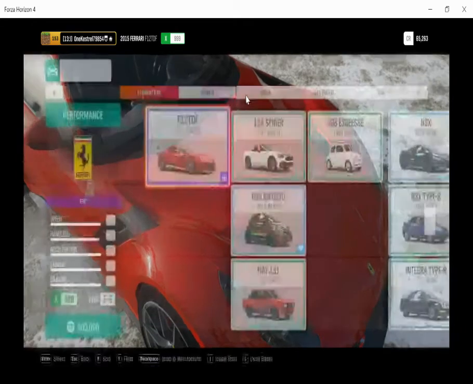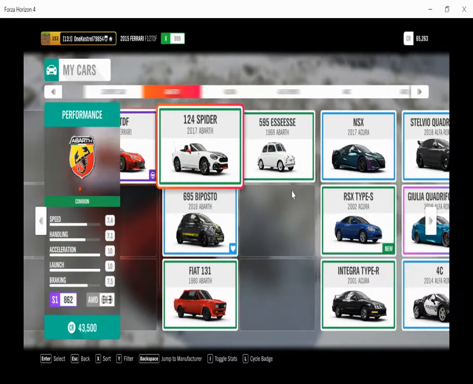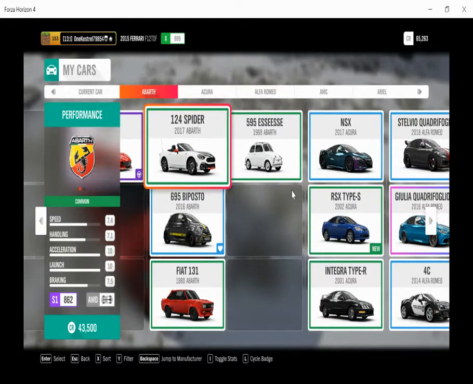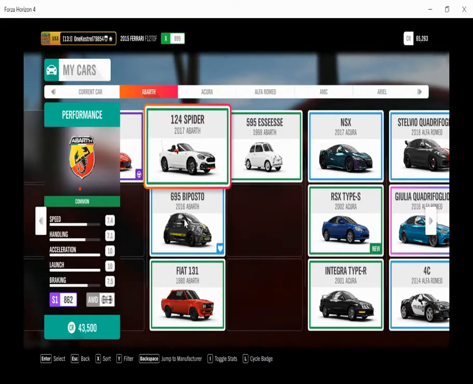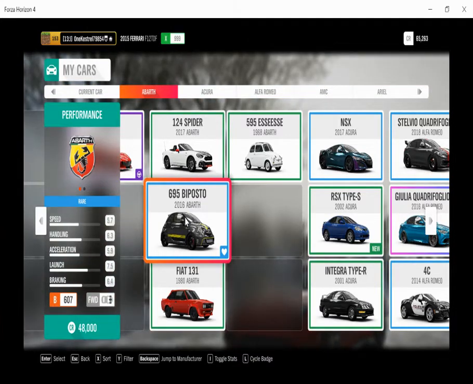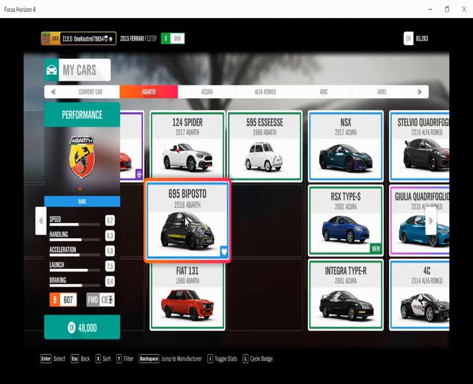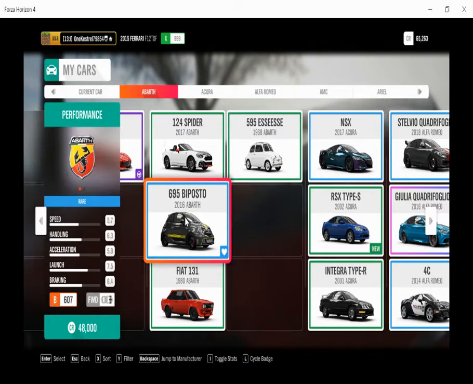Okay, let's start off with my car collection. First, I have this tuned Fiat 124 Spider. It's pretty good. It's S1 class, really good acceleration, good handling, and good top speed. And then we have this 695 Abarth Biposto. That sounds like I was saying Bapasta. I meant the Biposto. So if I say that wrong,